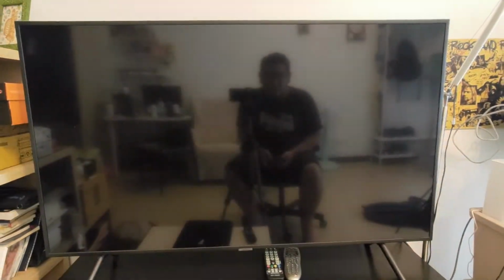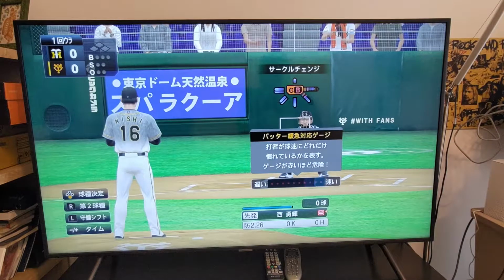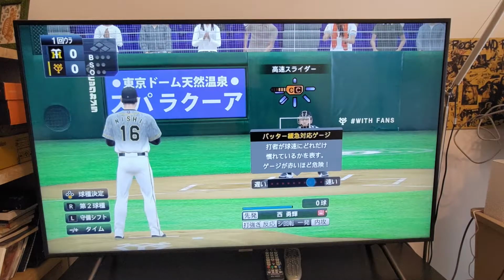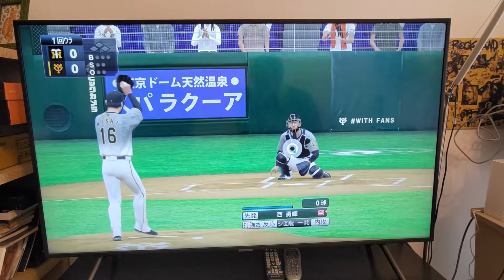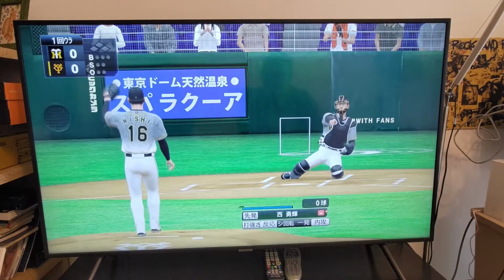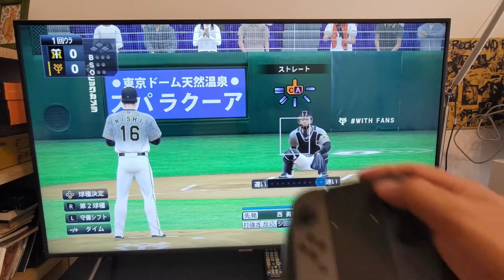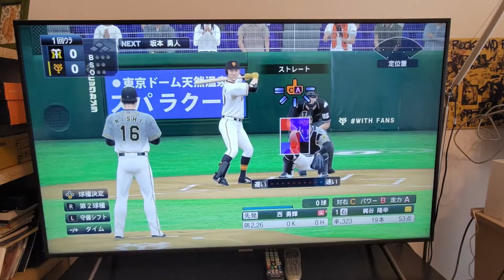Okay, so pitching. I don't know the point of this, but in every single one of those Konami baseball games, you always start out with 3 practice pitches. So you can always click that away as well. You don't have to do the practice if you don't want to. Alright, so for the pitching,